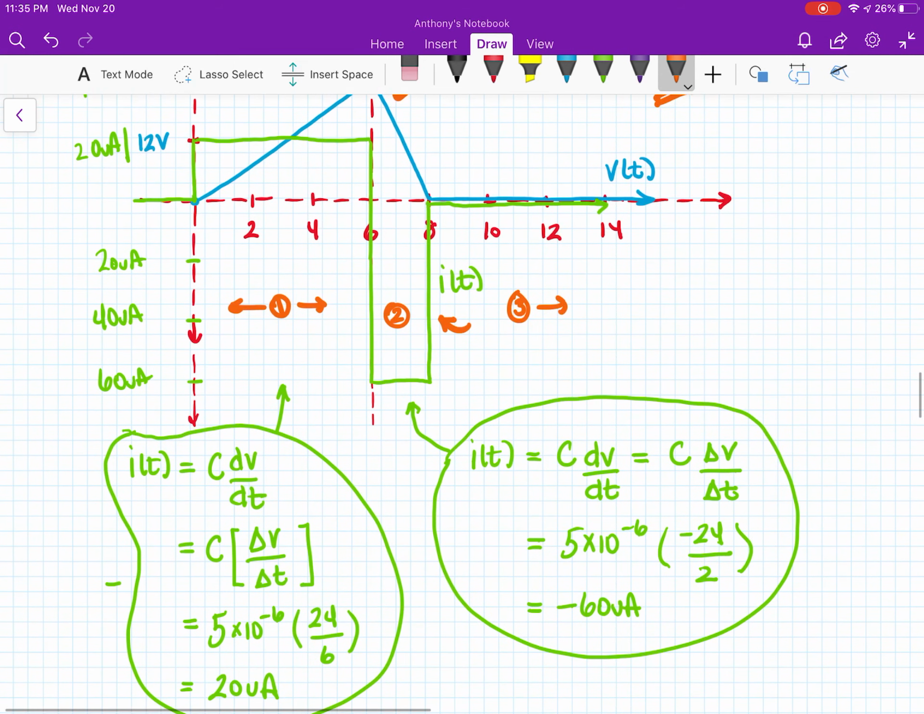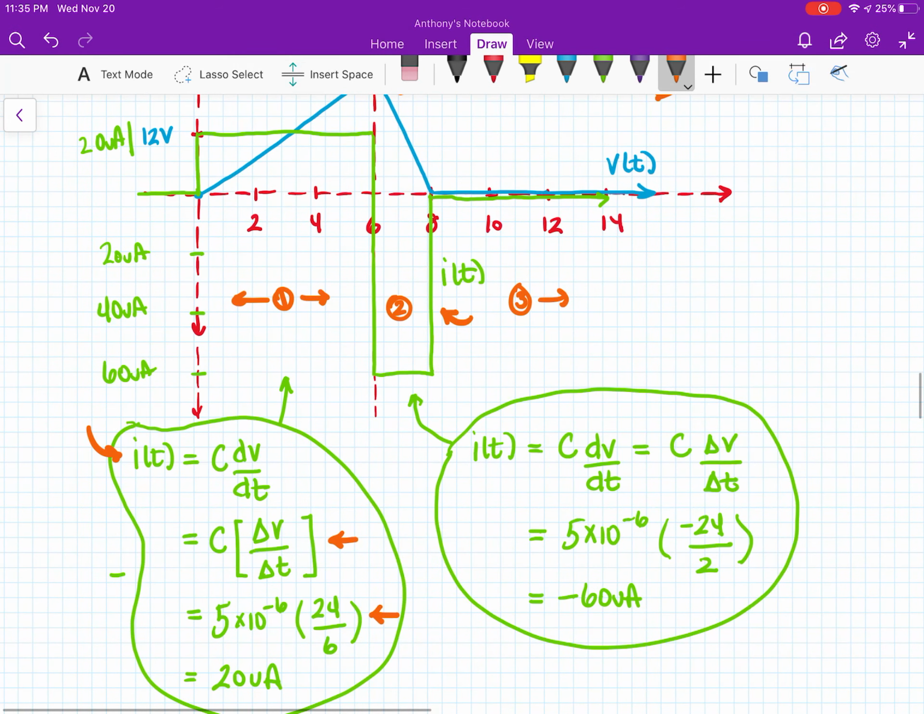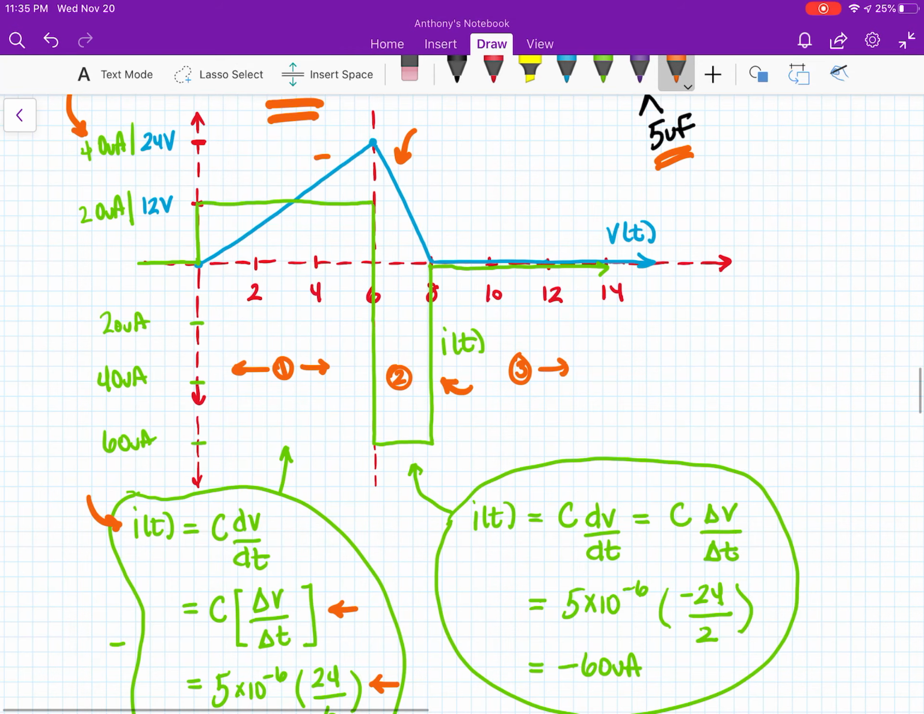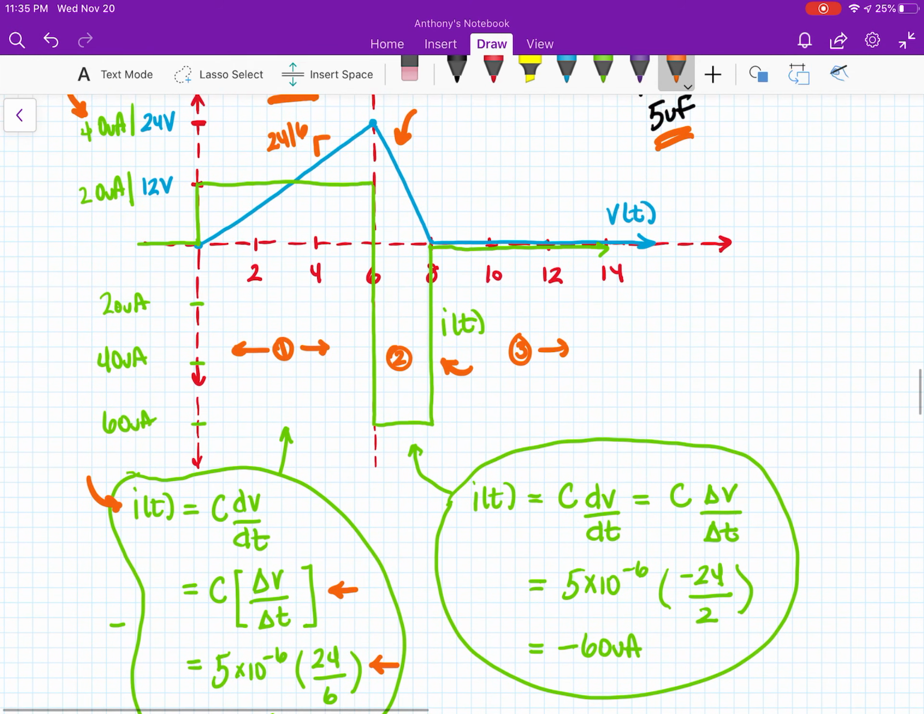So how do we determine what the current is that's flowing in region 1? We're going to take our expression C dV/dt, and there's a discrete form of that. I can replace the dV/dt with delta V/delta t, and then all I have to do is simply plug in my values. We know what the capacitance is. The slope here will be 24/6, and when we plug those values in, we see that there's a constant current of 20 microamps, which is shown